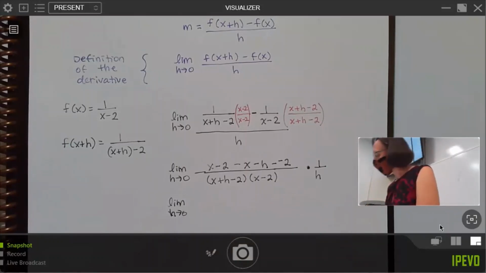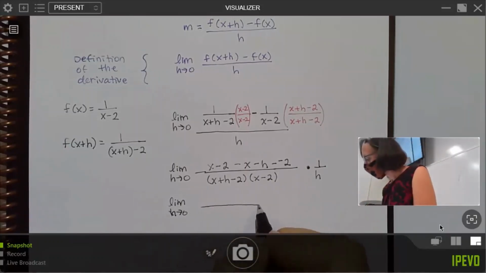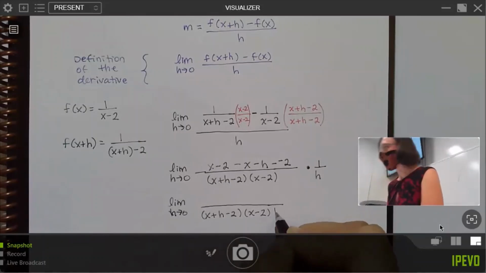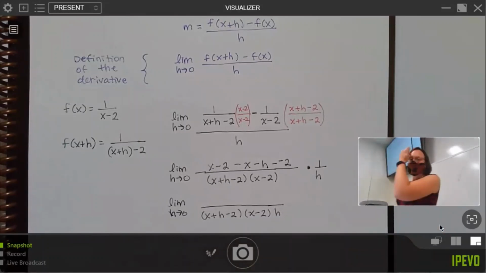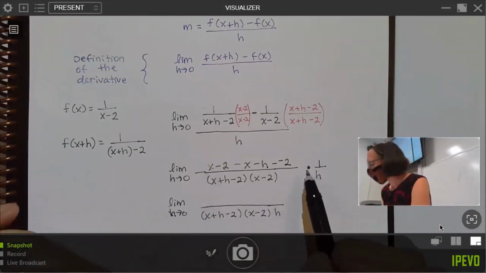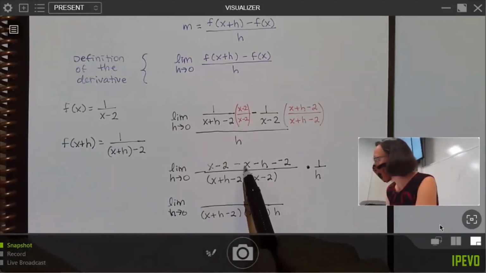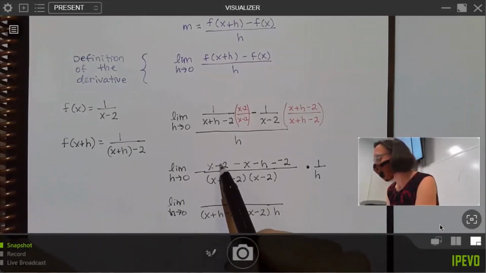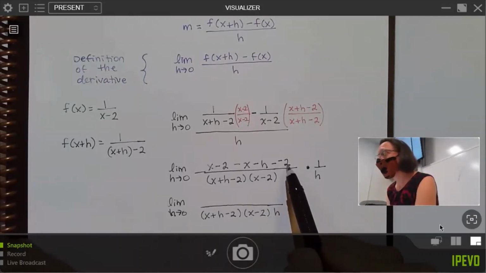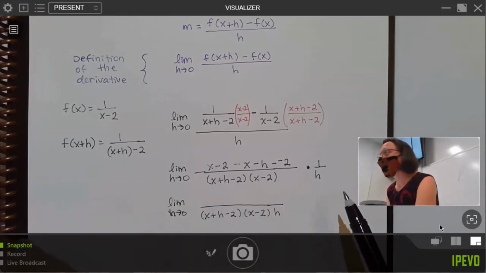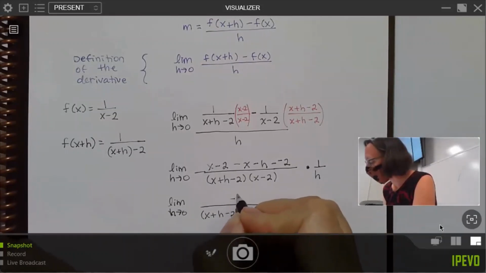So now if I start cleaning stuff up, we talked about this last time, or maybe last week, but if you get 0 over 0, it means there's a factor that cancels out. So I'm really hoping that I'm going to be able to cancel that h out. So up on top, if I start simplifying this, I've got an x minus an x. Well, those are going away. I have a negative 2 minus a negative 2. Those are also going away. And the only thing I'm left with on top is that negative h,